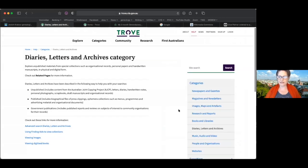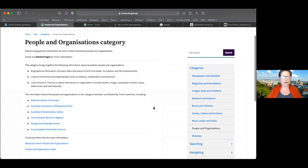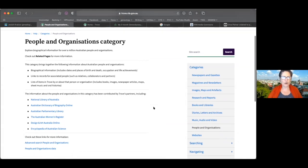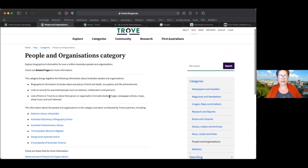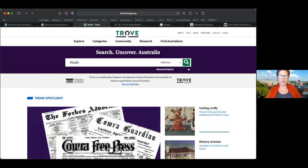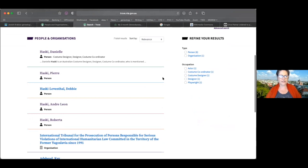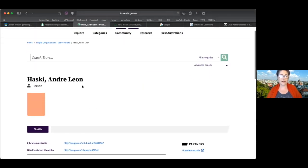So the last little thing I want to bring to your attention, if you've got family in Australia, is this search category here called people and organisations. So what it does is it means you can do a name search and find things. Everyone's kind of on a database somewhere, and you can see here that there's a whole bunch of Trove partners that have contributed to this. So if I go people and organisations and do that again, you can see that there's me, there's Pierre, this is my father. So when I click on my dad,